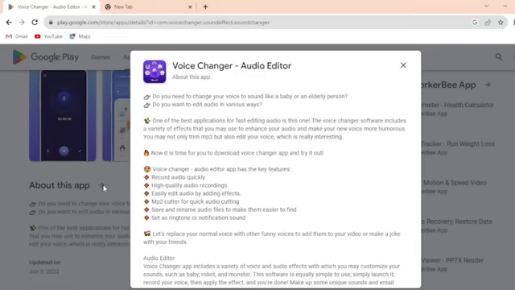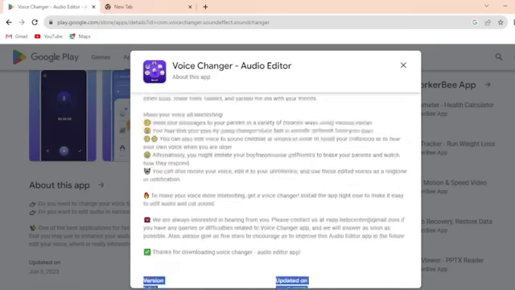The voice changer app includes a variety of voice and audio effects with which you may customize your sound, such as baby, robot, and more. This software is equally simple to use. Simply launch it, record your voice,